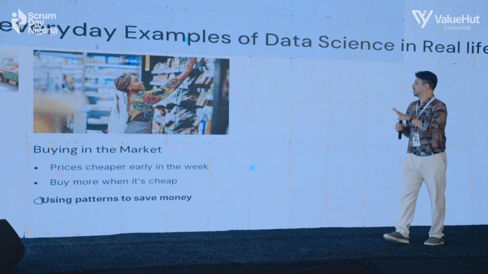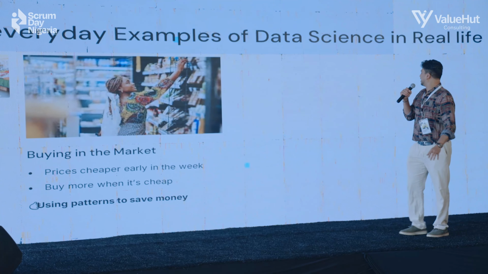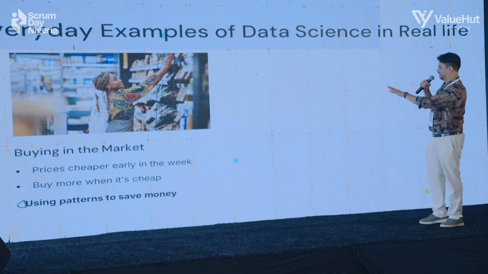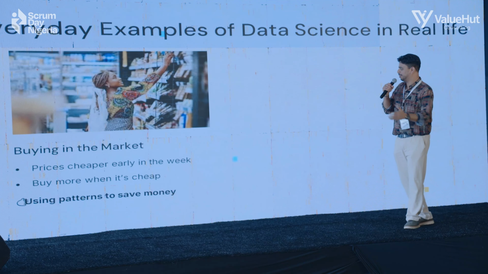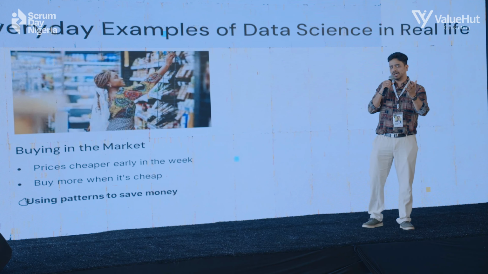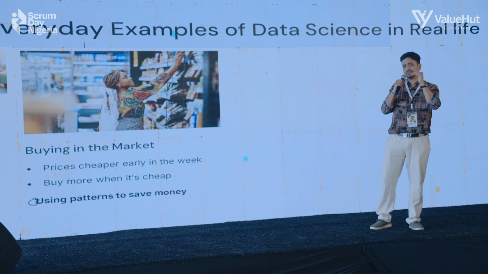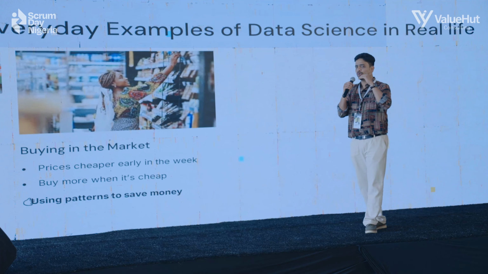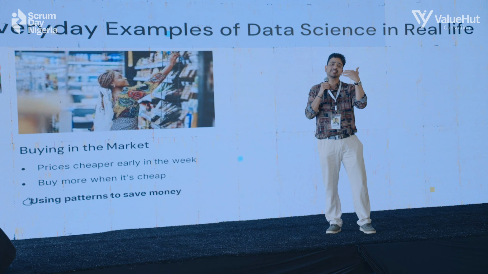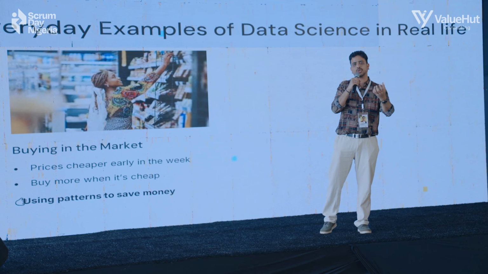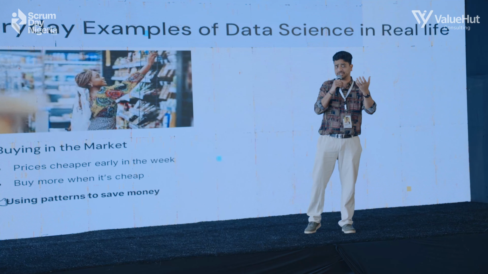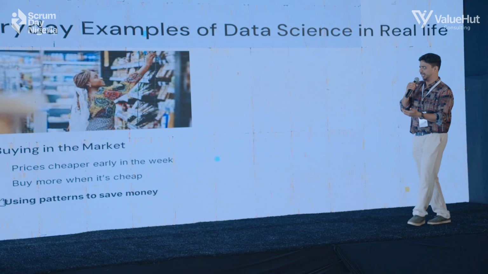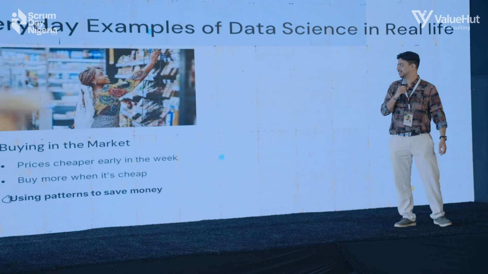Okay. So these are some examples of data science, just to set you the context, right? What exactly happens in data science? So again, just go to the simple thing, right? You go to a market, you decide there are some specific days of the week where the cost of the goods are really cheap, and you try to make a larger purchase. That's data science in action. You are making some beneficial decisions based on the data by using patterns to save money. Can you go to the next slide, please?